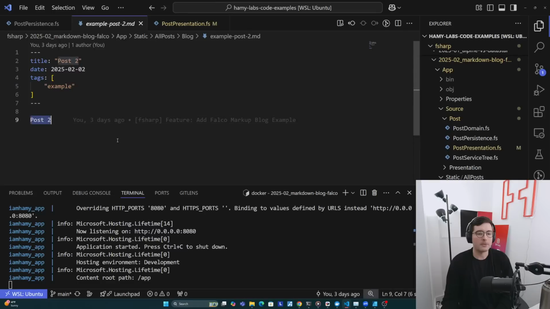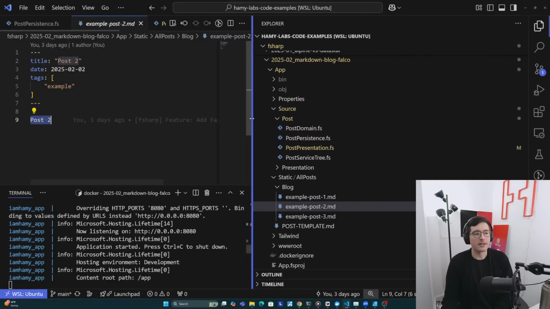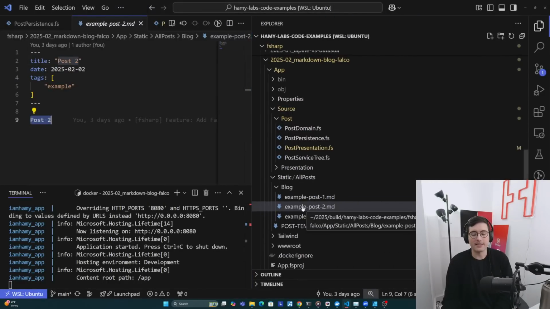And then the actual blog post comes down here, and you can put whatever markdown you want in here. So this is kind of how the file itself is set up. And then one last thing to call out while we're here is that the file name itself is the slug. So this is the unique post ID, which just keeps things nice and streamlined because you don't have to remember